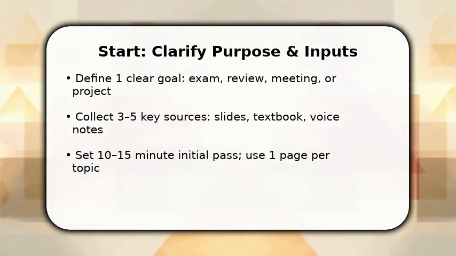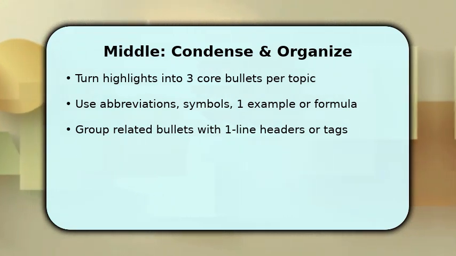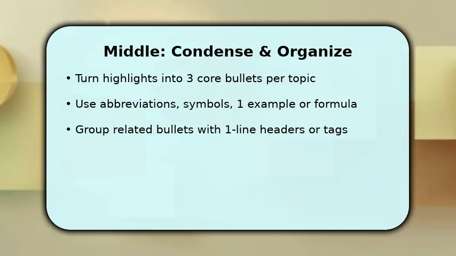You now transform highlights into concise, linked content. This is the core reduction step. First, convert each highlighted idea into one short, actionable bullet and trim filler words. Then apply consistent abbreviations and symbols to save space, and add a single illustrative example or formula when needed so